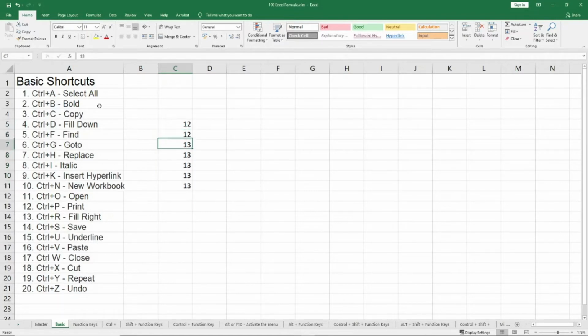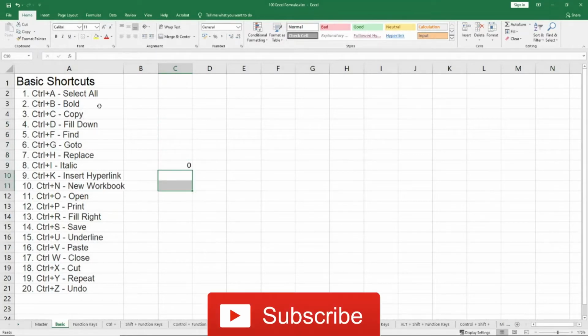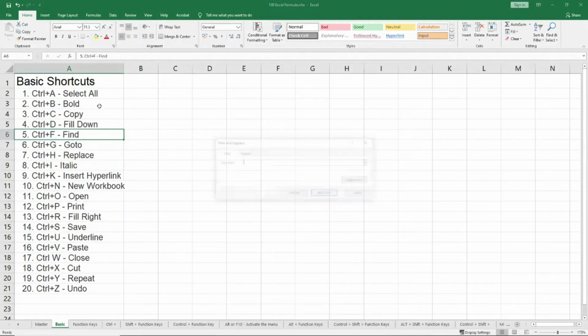In case there is a formula, for example, I would have used this formula which would have said sum of C5 to C6 in the same reference, and I would have taken it down and said Control D. So it would have added the above 2. In this case 12 plus 2, 12, 24, in this case 12 plus 24, 36, and so on. So Control D basically helps you get the top row thing, or the row above the cell where you are currently active, down. Control F, find, I'm sure everyone would have used it.